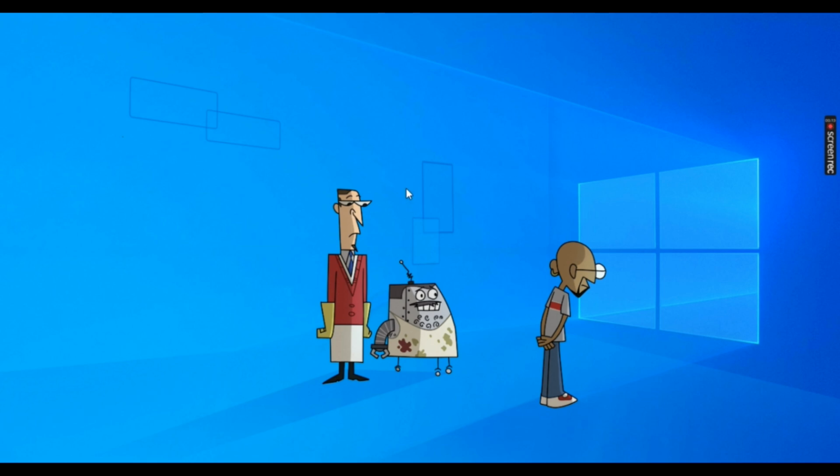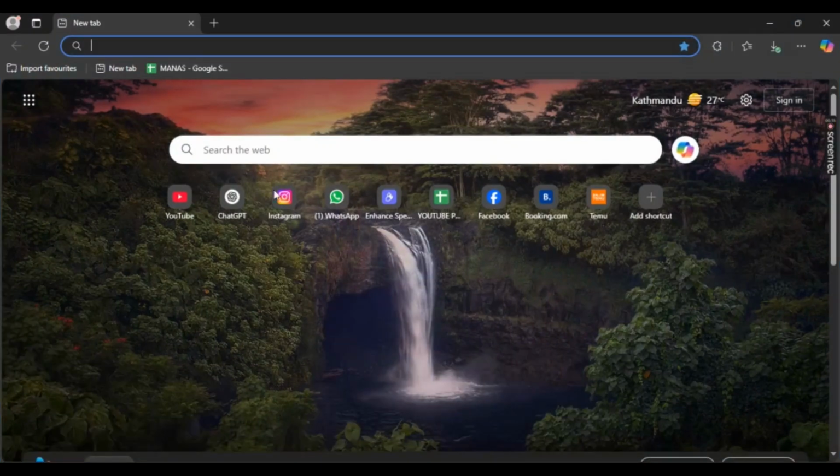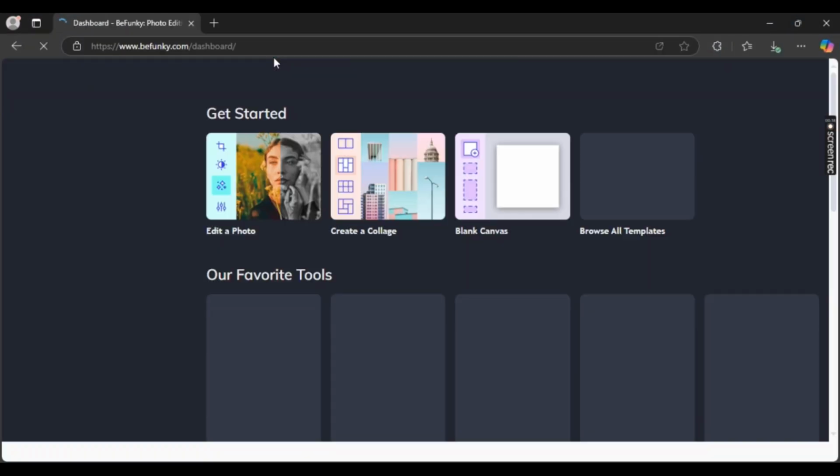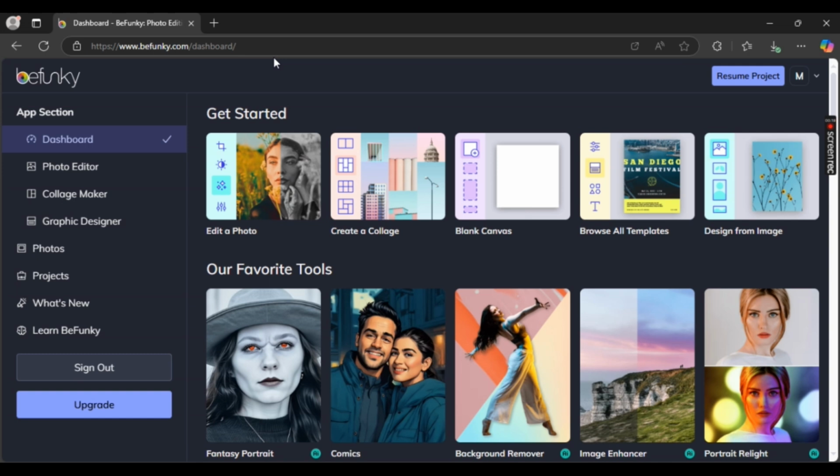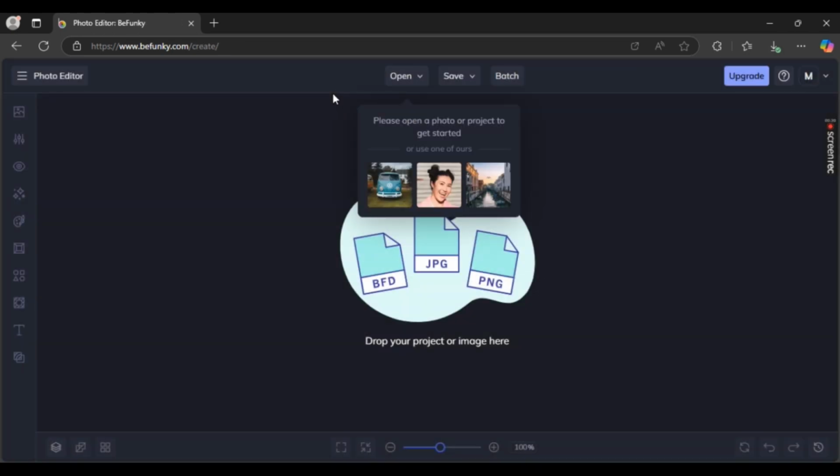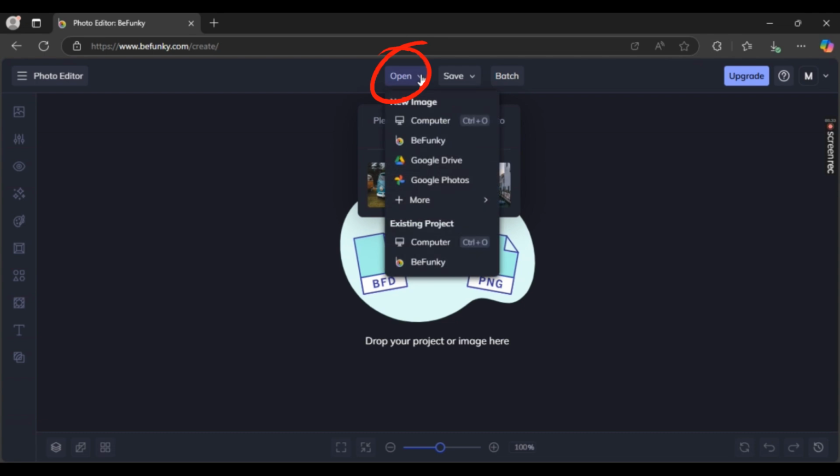Now first up, open up your favorite browser and simply type in BeFunky. This will direct you to its official website. Now make sure you are logged in as well. On the dashboard, you can see Photo Editor. Click on it. Now in order to import any images, simply click on Open and you can select one